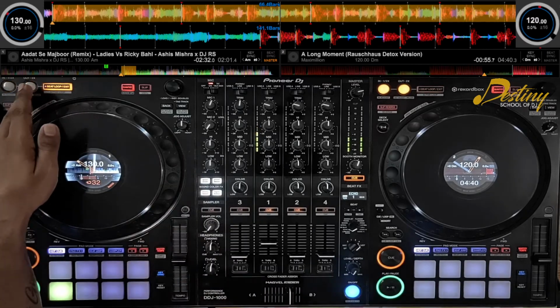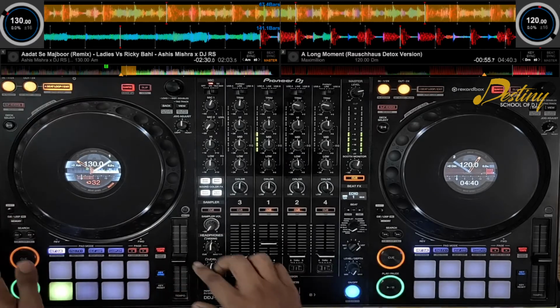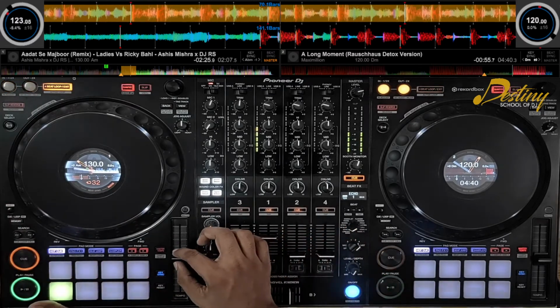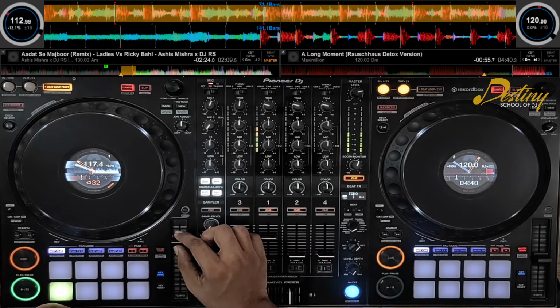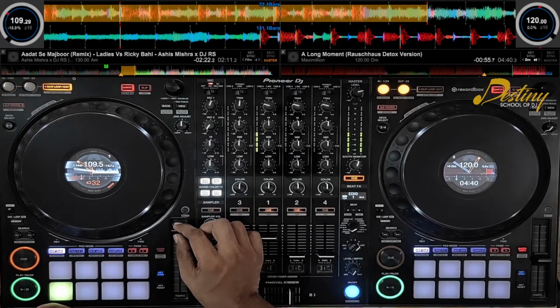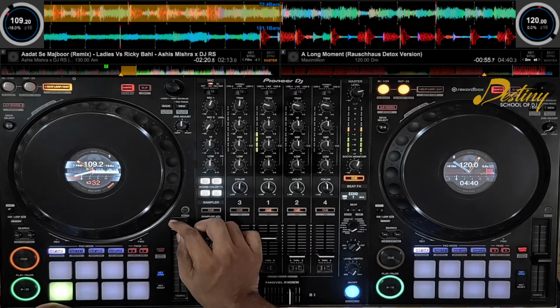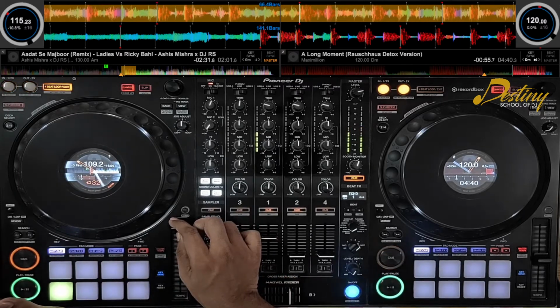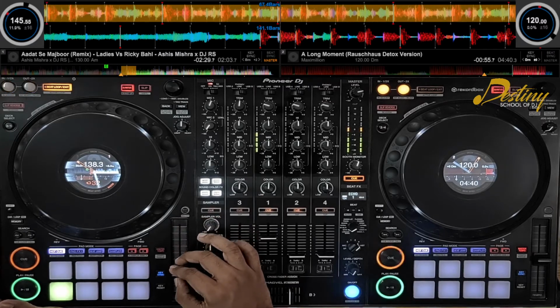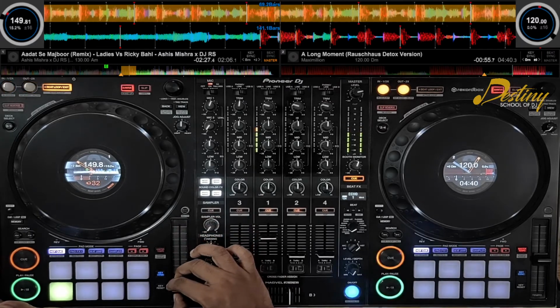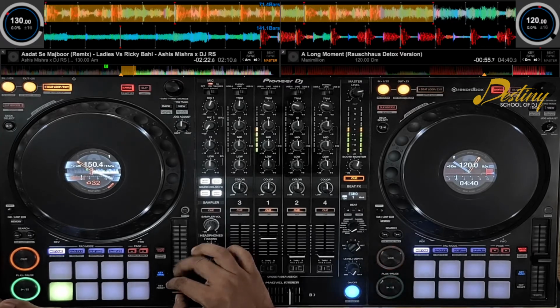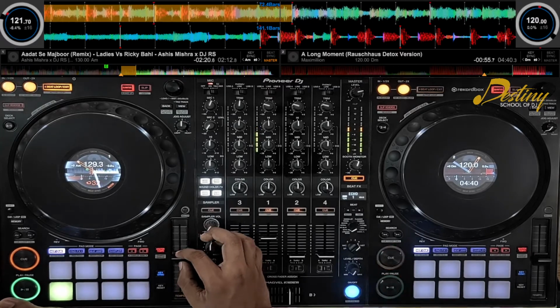Okay, I'm just going to put this on a loop, and now if I turn off the master tempo and change the tempo, you can see the vocal has completely changed, the voice of the singer has completely changed, and if I increase it, it sounds really odd, right? And as soon as I turn on the master tempo and go down,